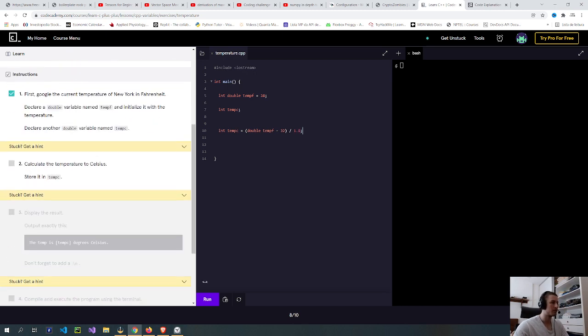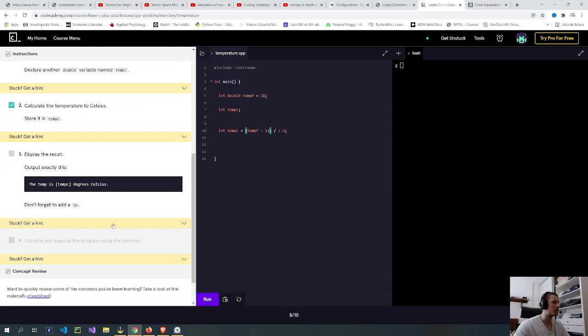I think that's it. To calculate for tempc. Maybe I need to put just tempf here. It worked.